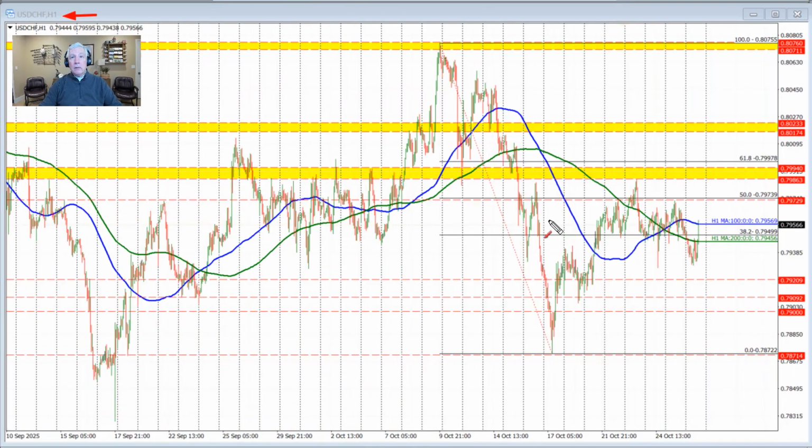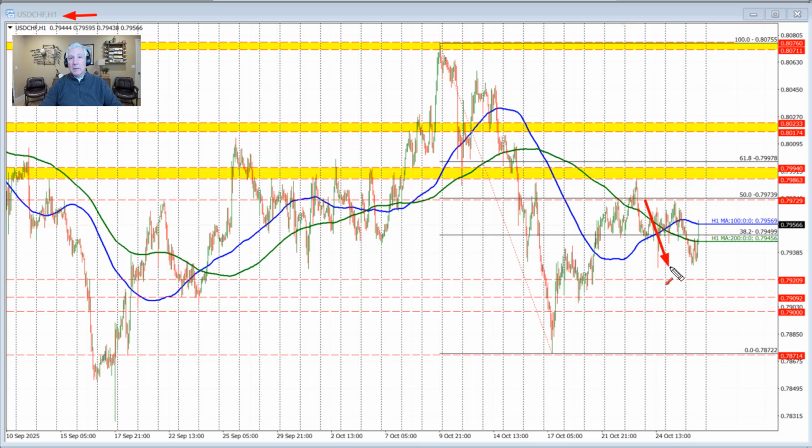The dollar versus Swiss is now higher on the day. I'll talk about the technicals that are driving this currency pair after a move lower in the Asian Pacific session, a rise in the early New York session. So let's get started. Looking at the hourly chart of this currency pair, the last 3 or so trading days